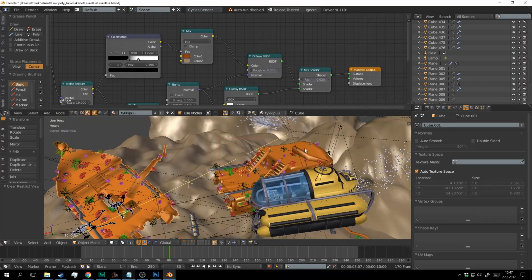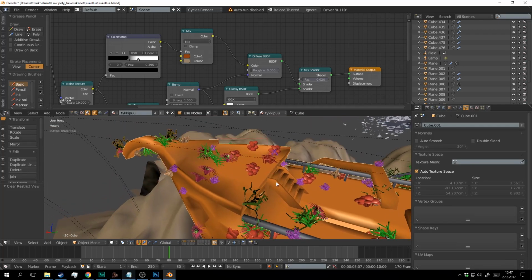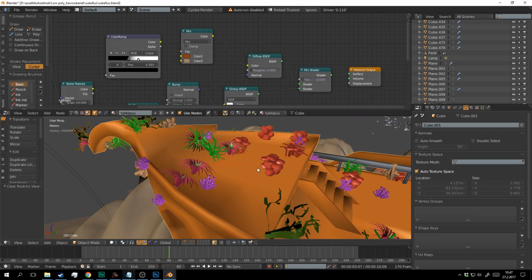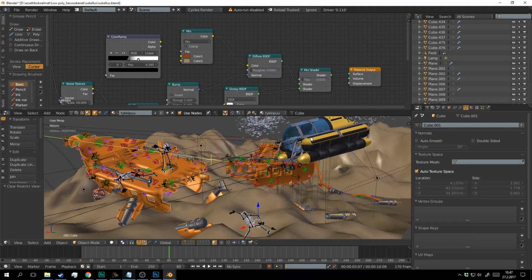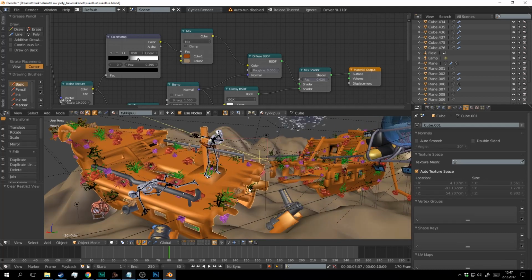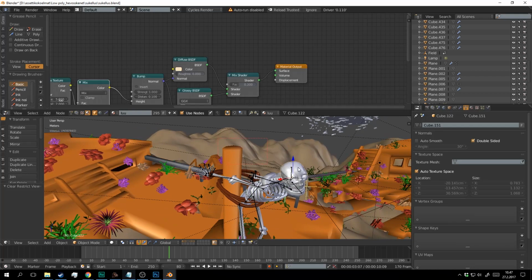Then I started adding the particle systems for the corals, and the scene suddenly became high poly. So I just gave up with the low poly ideology and created this submarine and added few skeletons there and there.